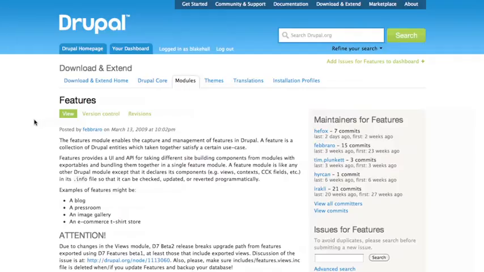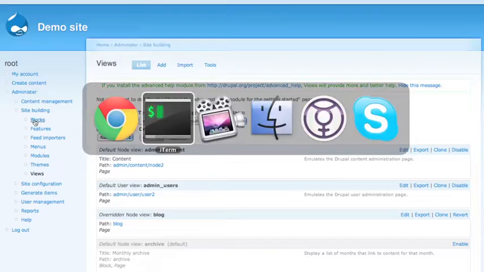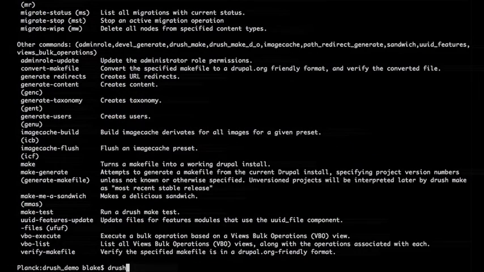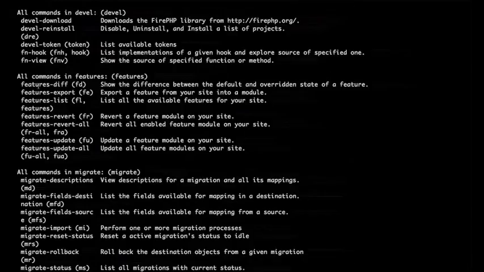Another really great example of a contrib module that comes with Drush integration is the features module. We actually have an entirely different video series on a deployment workflow using features in Drush that I encourage you to take a look at. But just to quickly hit the highlights, I've got a demo site over here that has a blog feature set up. So I can run, well, first let's take a look at the features commands that we have